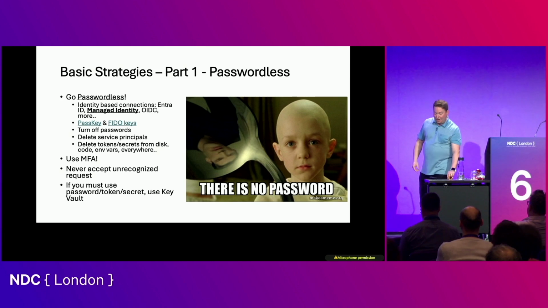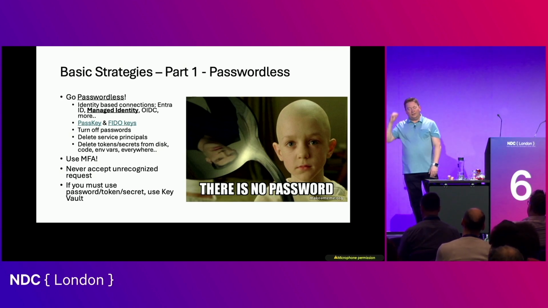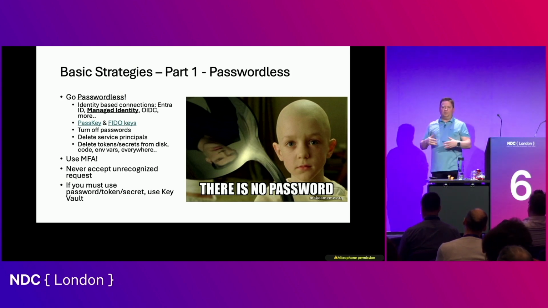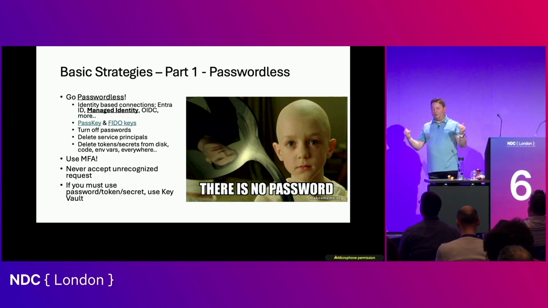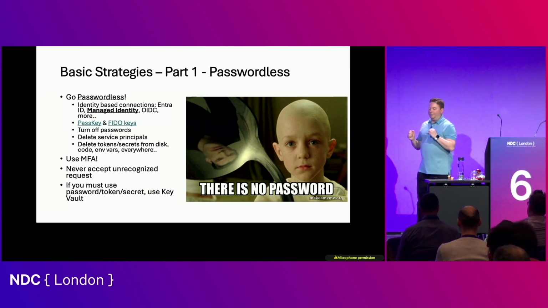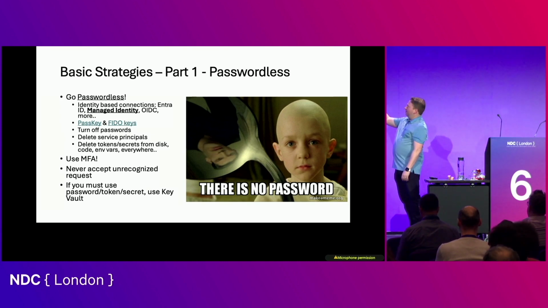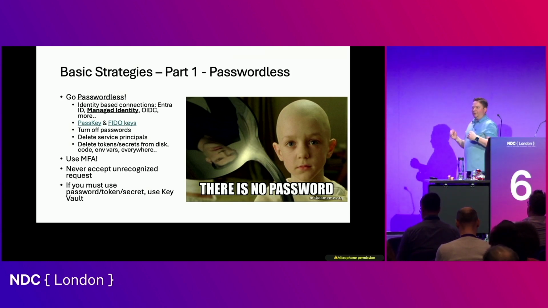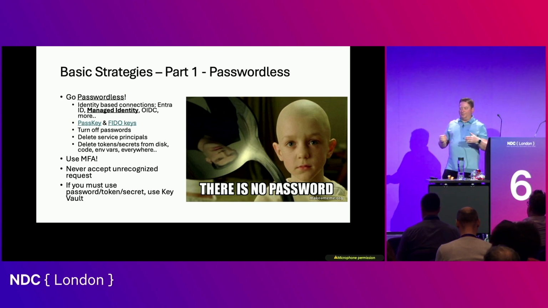Not only do you want to not use passwords, but the next step is turn off the ability to even use passwords. So if you see us talk about local auth, that's where we locally allow you to authenticate with passwords. You want to turn off local auth as soon as you can. And I know it's a journey to get your users, your customers, your partners, your machines off of passwords. It's a journey. Believe me, I know. But as soon as you can, and you feel like you can do it, turn off that password capability. Because you're only as secure as your least secure way in.